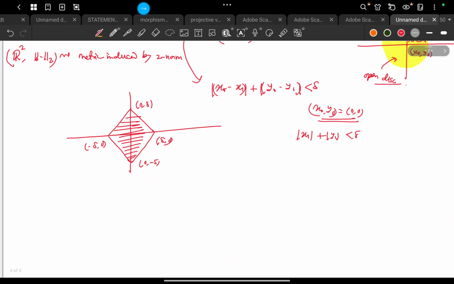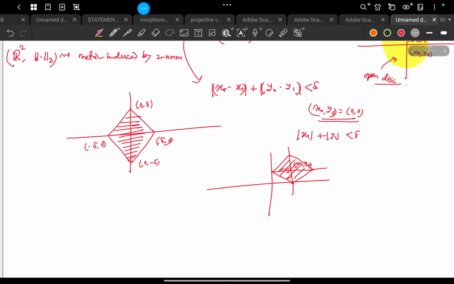In fact, if it is on (x0, y0), then you have to take first mod of x0 plus mod of y0 equal to delta. So first, let's see, it is my x0, so it is my (x0, y0). This portion only. Okay,